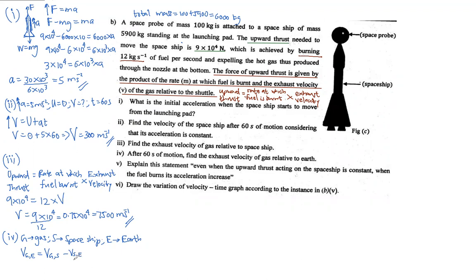Wait a minute, it's going to be minus or plus. Okay, sorry, it should be this way. Now normally this is how we wrote, I think this is how I explained: velocity of A with respect to B, we wrote it as velocity of A with respect to Earth minus velocity of B with respect to Earth. This is the equation we learned. Now the problem is, I have to find the velocity of